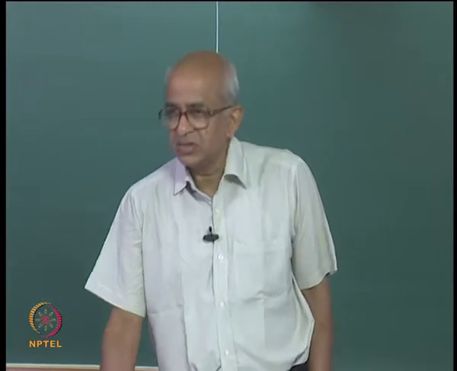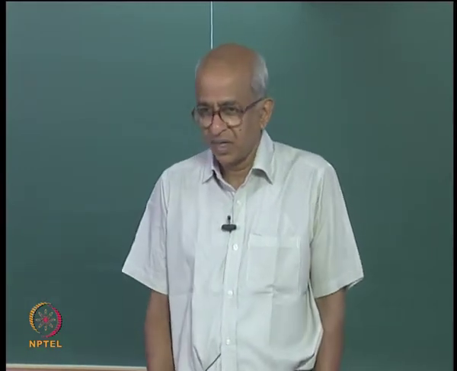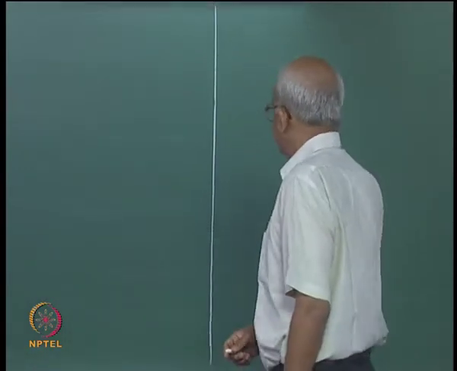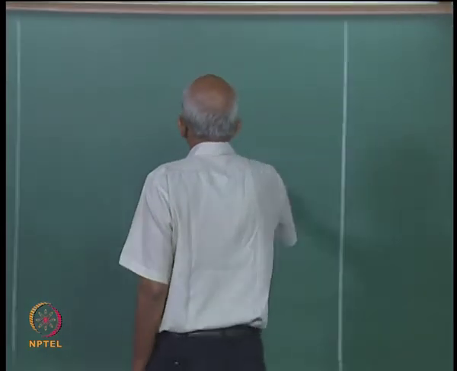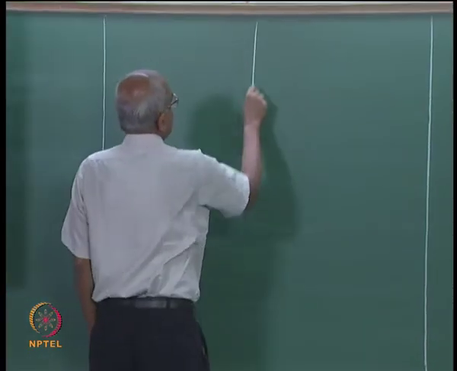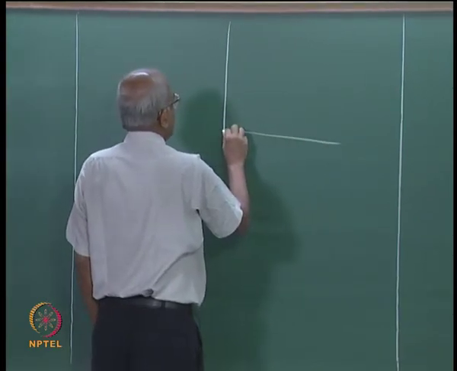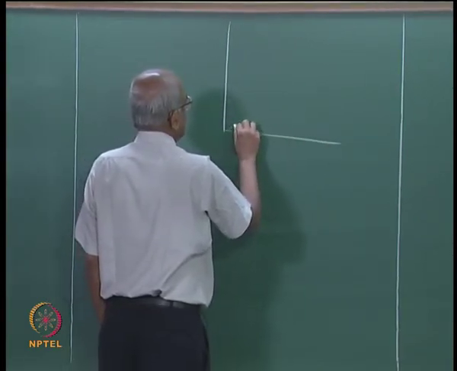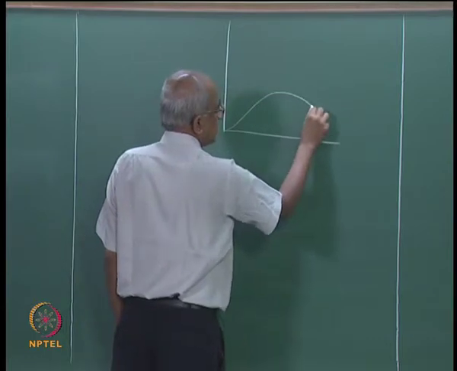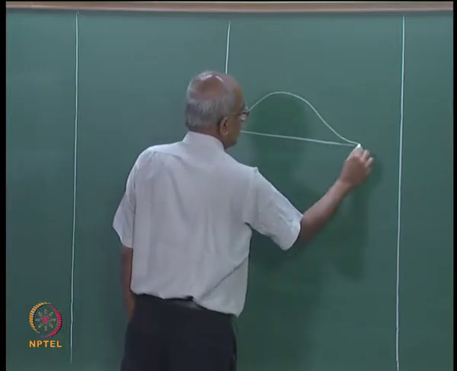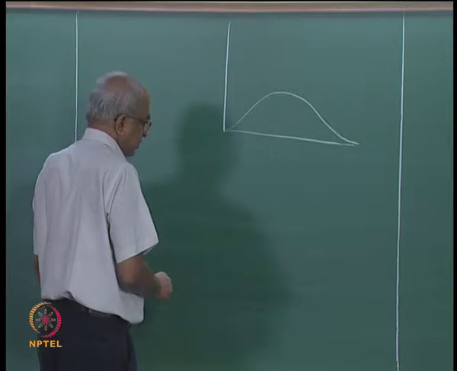Okay, we were discussing the p atomic orbital. If you remember, we made a plot of the radial part of the function, and we found that it starts at the origin and then increases, reaches a maximum and then decreases. This is the radial part.